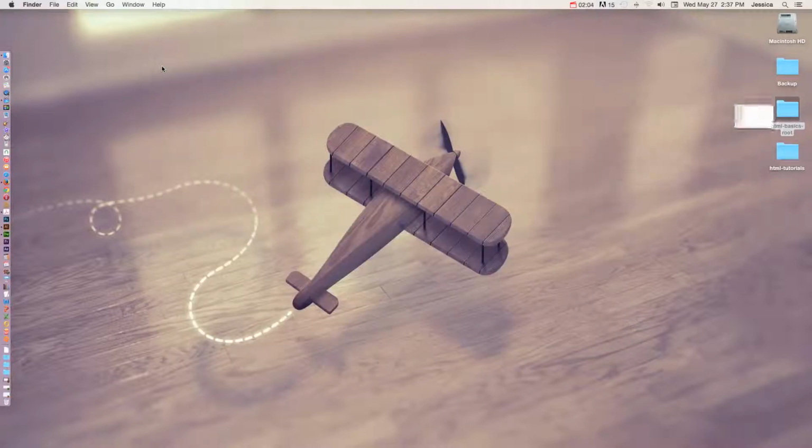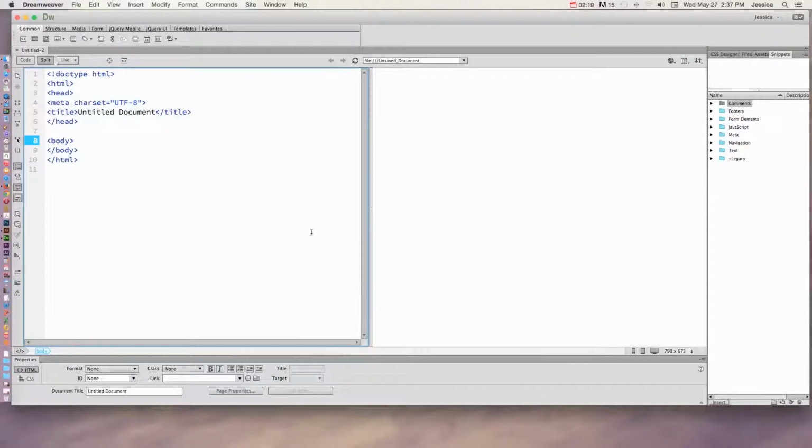I'll go ahead and close this. Now, if you're using a basic editor such as Notepad or TextEdit or whatnot, then what you need to do is create a new HTML file and name it index.html. If you're using Dreamweaver, then before we can actually create that index.html, we need to first tell Dreamweaver where our